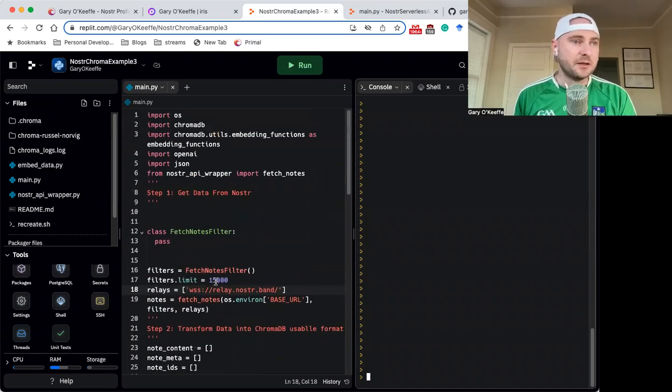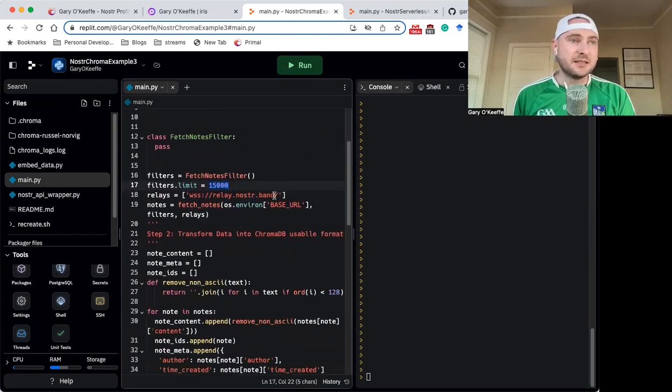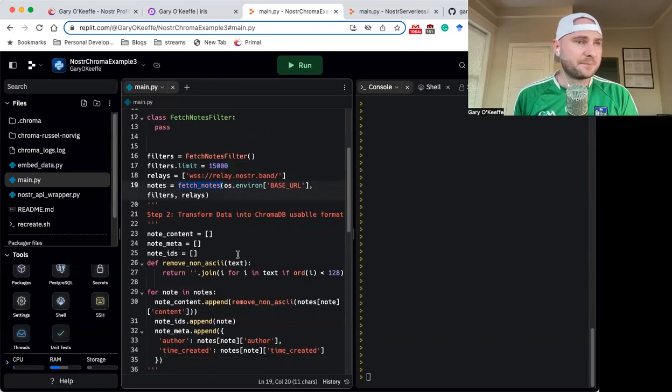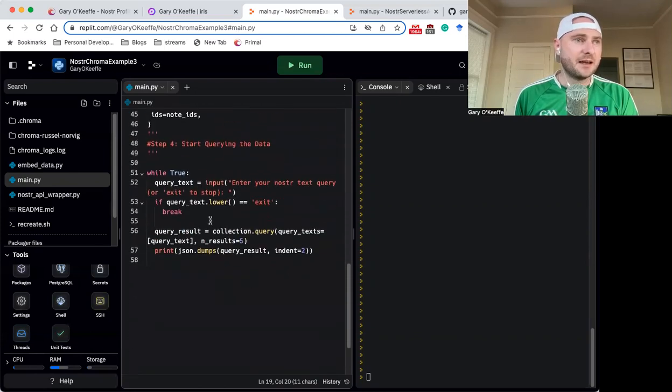What am I doing? I'm hitting this particular relay on Nostr. If you know about Nostr relays and stuff, this might be interesting to you. I'm getting 15,000 notes from it. I like this relay because it gets rid of some spam, so there's a little bit more meaning in the notes that we're getting. And that's about it. Then we're fetching the notes from the API, and we're putting them into chromaDB, and then